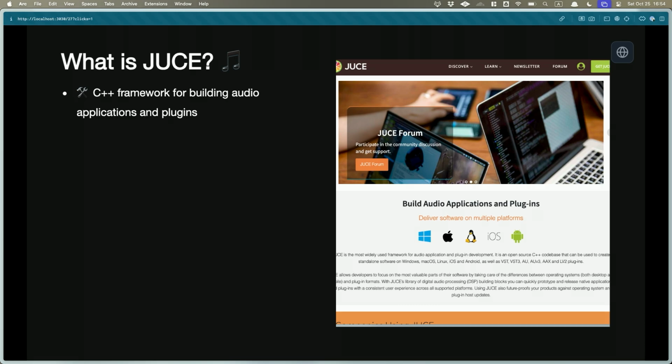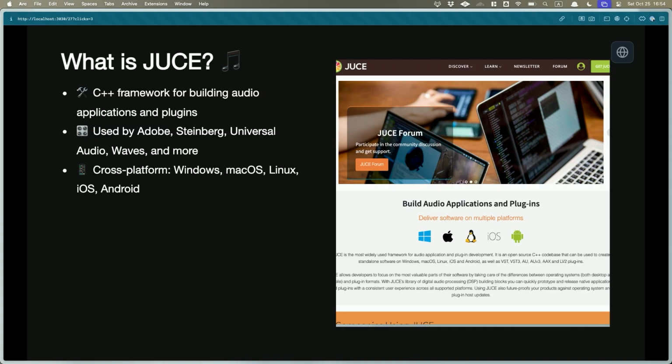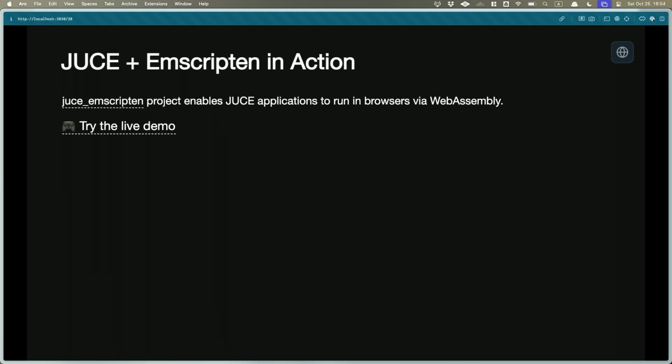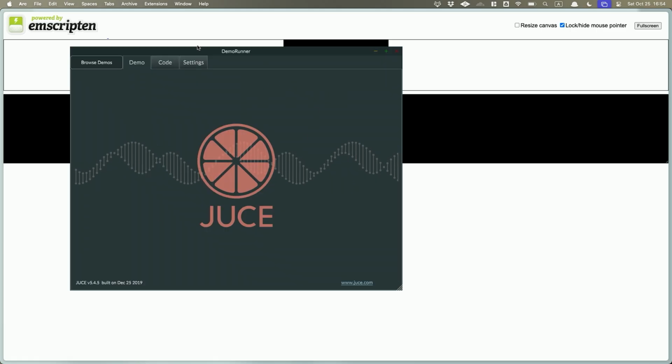Or Next. So it's a very big framework written in C++. And it's used by Adobe, Steinberg, Universal Audio. They're very famous companies in the audio world. And it's cross-platform, and it supports a lot of plugin formats. And there's a guy who managed to convert JUCE to WebAssembly, and I found the demo running on web, which